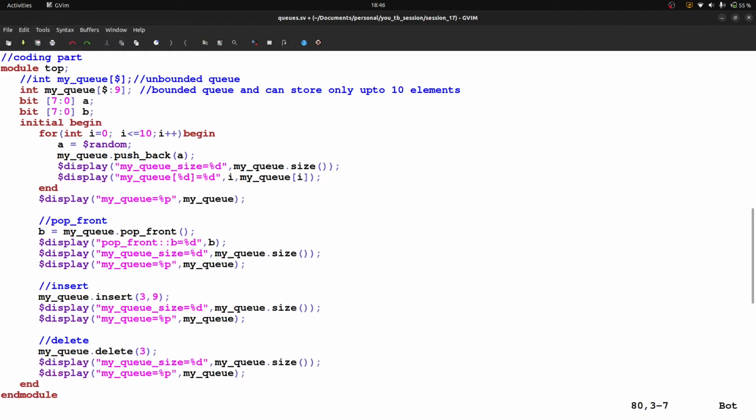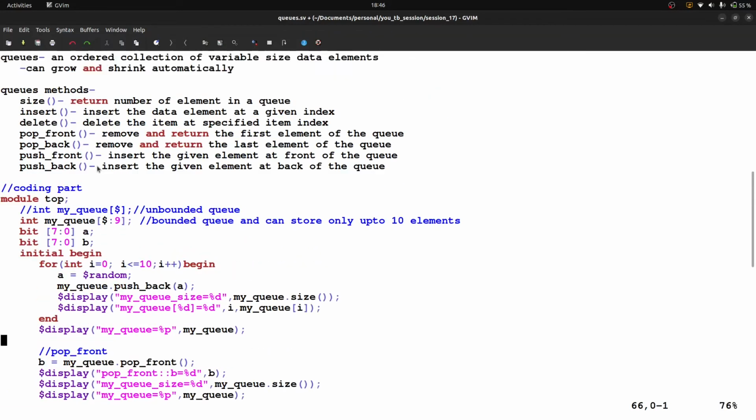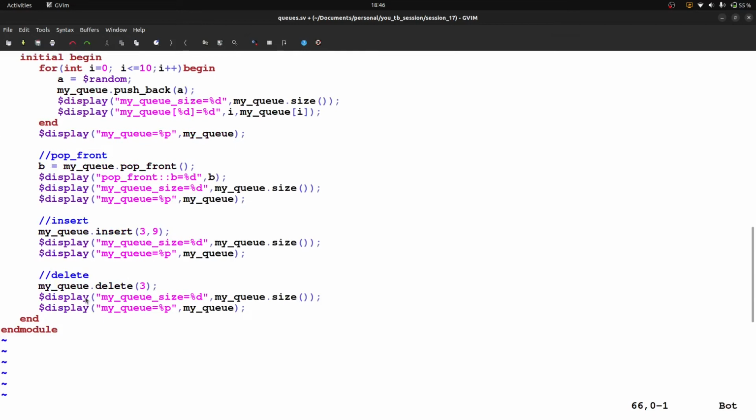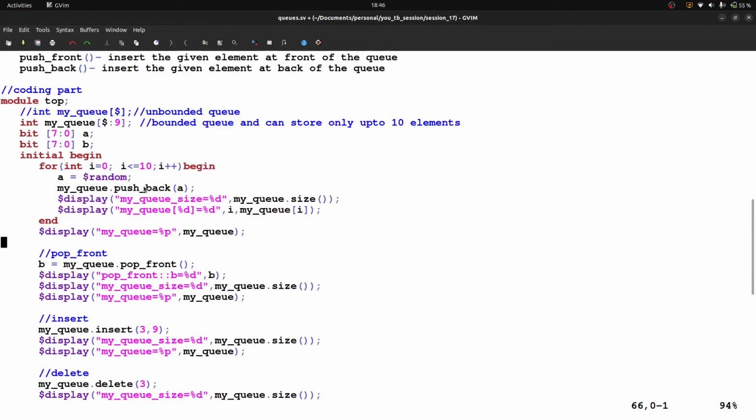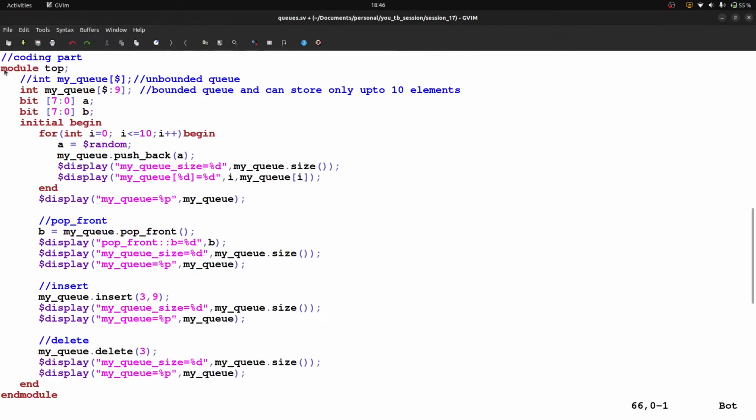That's it. The rest of the operations you can try by yourself. I have performed with pop front. You can perform the rest of the operations, they will work in the same manner. You can also give some push back, some push front, anything. Okay, so now let me run this code.